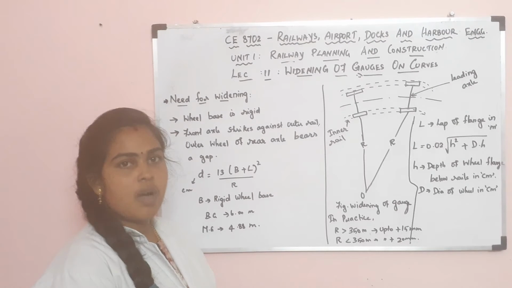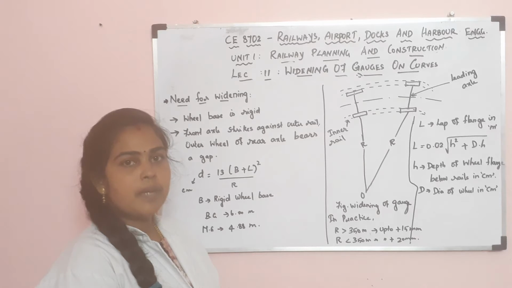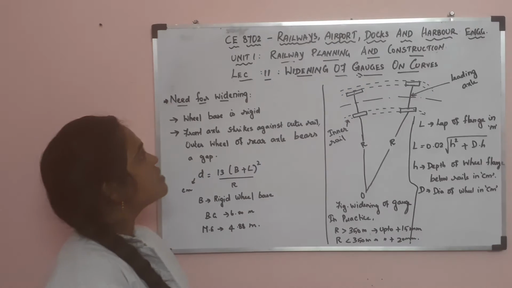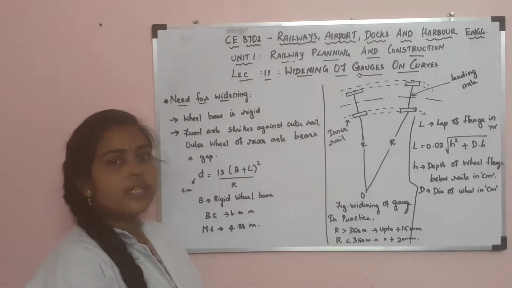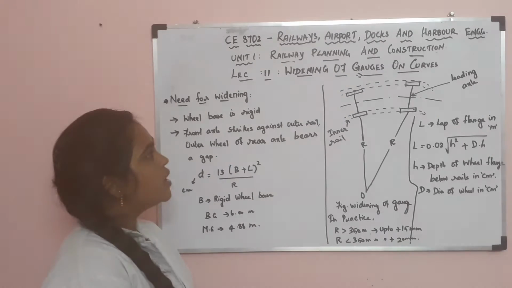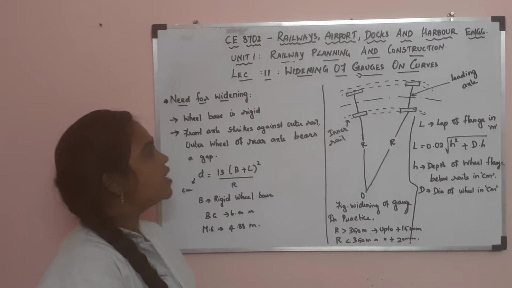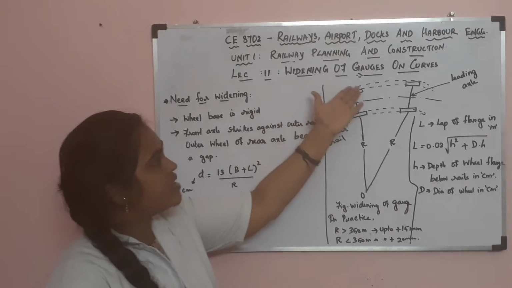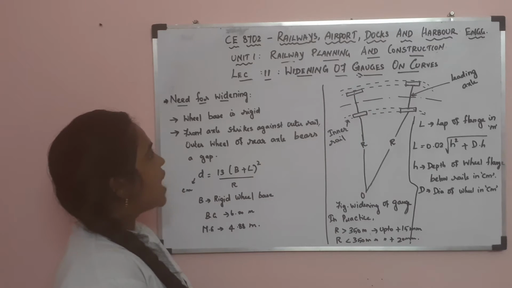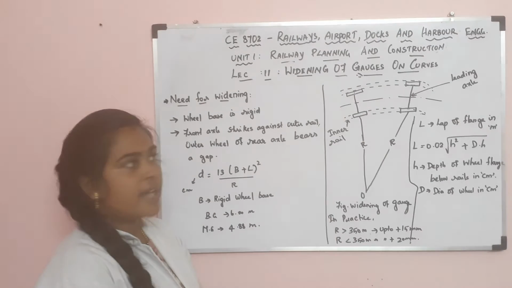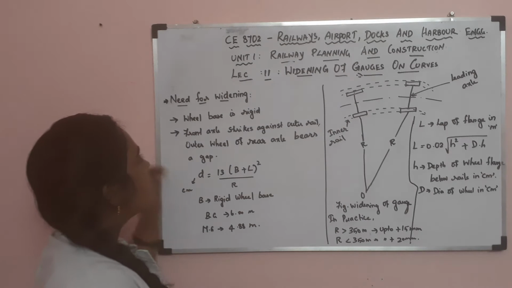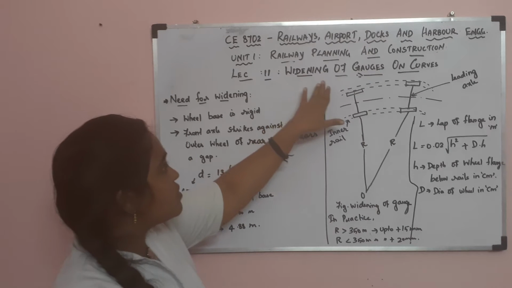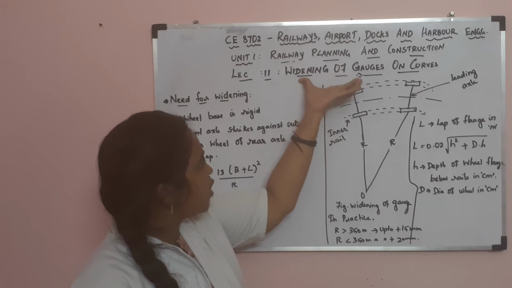Myself Devaraja Shubha, Assistant Professor, Department of Civil Engineering, Pondicherry College of Engineering. The subject code is CE8702, Railways, Airport, Docks and Harbour Engineering. Today in this class I am going to discuss about widening of gauges on curves, which comes under Unit 1, Railway Planning and Construction. So in the word itself you can understand what the topic is, that is widening